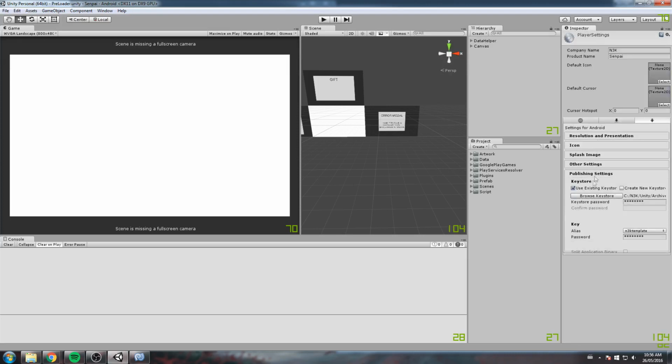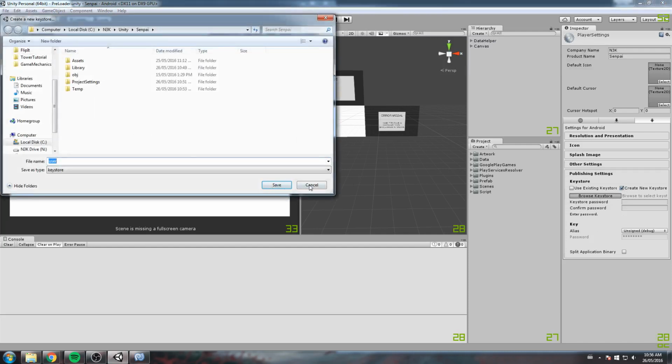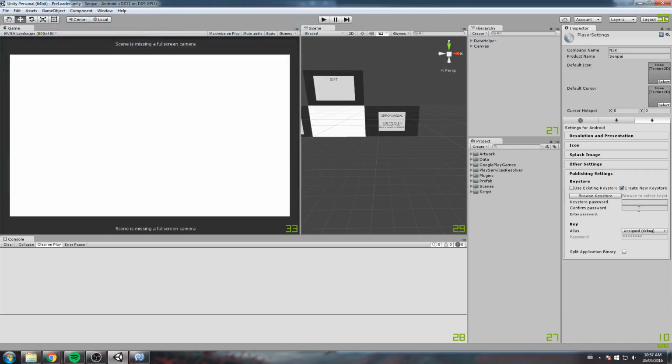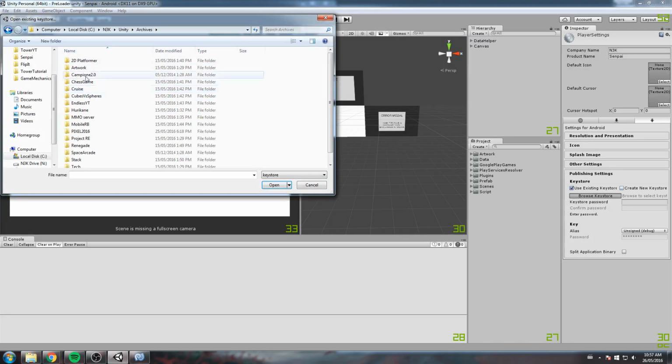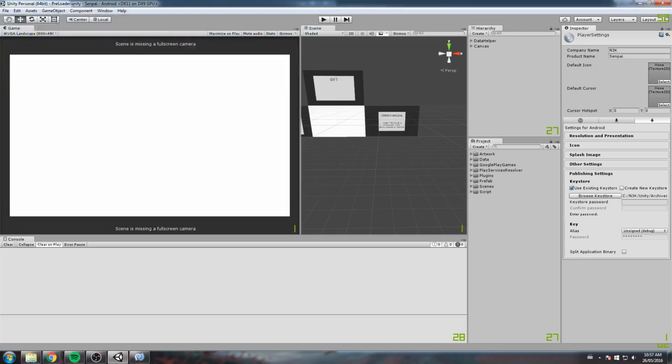Now in the publishing settings, this is where it gets a little bit messy. You're going to create a new keystore if you don't have one already. In order to do that, you click on create new keystore, you browse a place to save it, and then you type in a password. That's really simple. Now I already have a keystore, so I am going to find it really quickly. Where is it at? It's probably somewhere like here. There we go. I found my keystore, I type in my password,